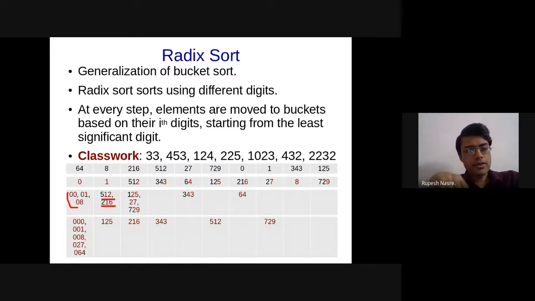Now, you cannot get anything which is going to be smaller than these ones. Whenever a new element comes into bucket number 0, that is always going to be larger than these elements. So that is a guarantee, and therefore you can afford to have some sort of a list and append it in order one time inside the bucket and maintain this sorted order within the bucket. That is one large guarantee that radix sort gives.